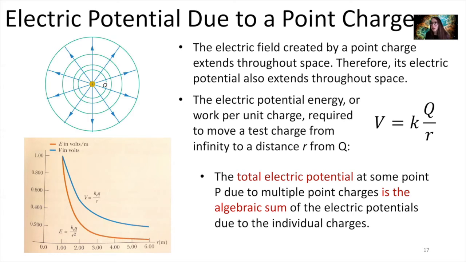Each charge on its own can create an electric field. Each charge on its own also has an associated electric potential. This is our equation for the electric potential due to a point charge, and that's equal to the Coulomb constant times the charge divided by the distance from the charge where you're